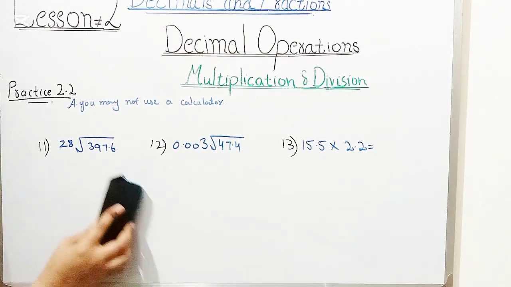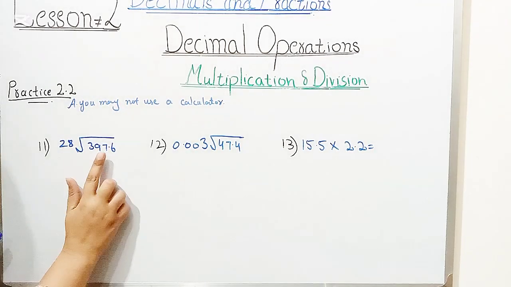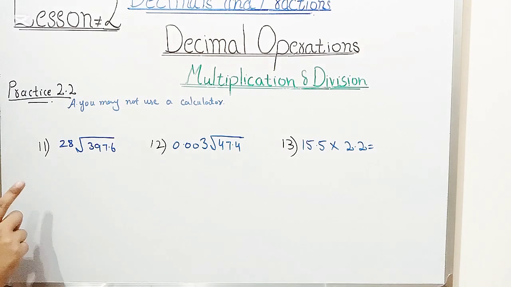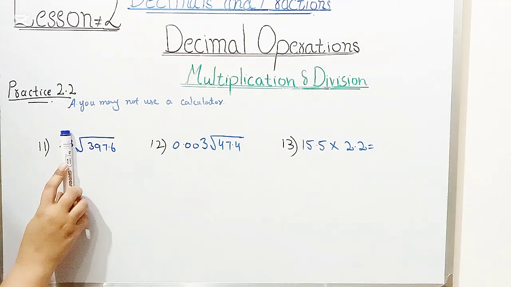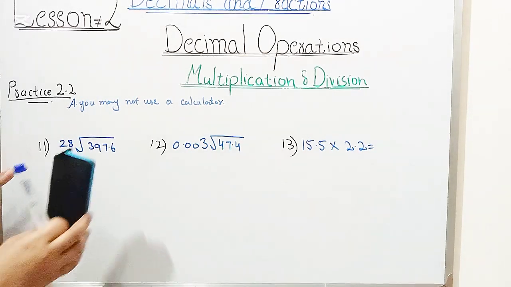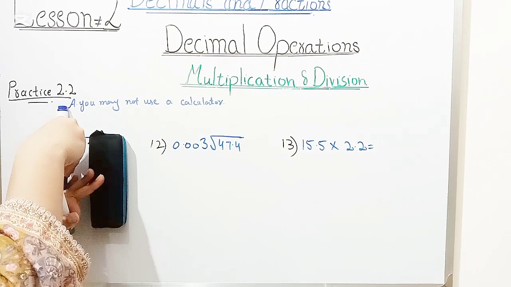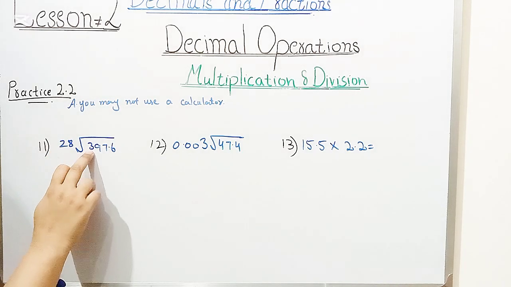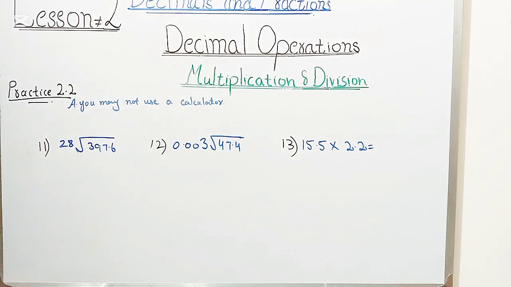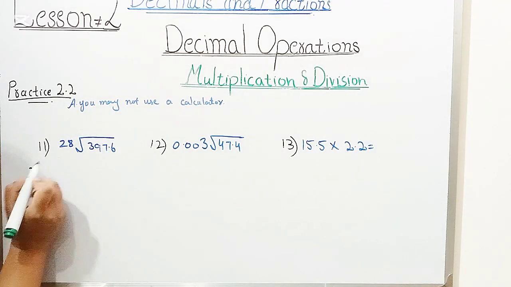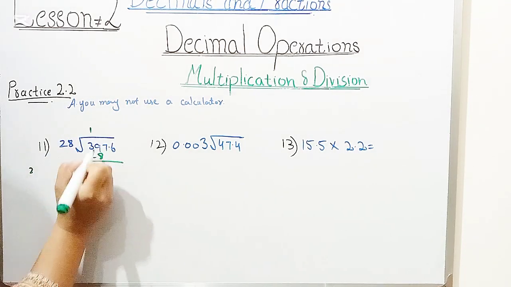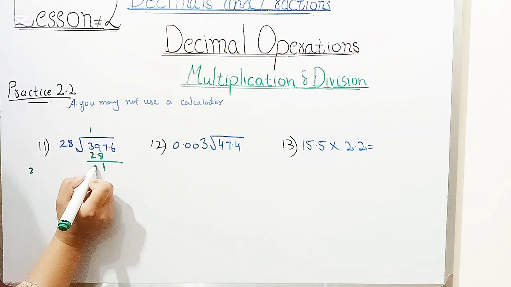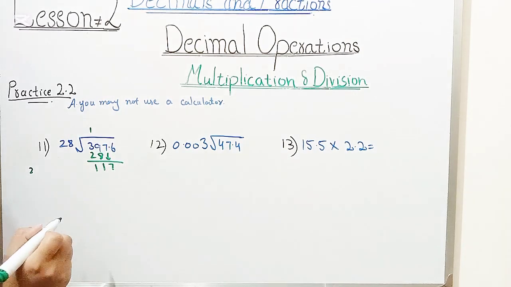Okay, now first I tell you, when there is a bigger value, it will be difficult for you to multiply. So you only look at the first value of this and the first value of the other. Now I will multiply 2. I will say 2, it will be 3. Then I will multiply 28 by 1, it will be 9. 9 from 8, 1, 1, then 7 will be there.